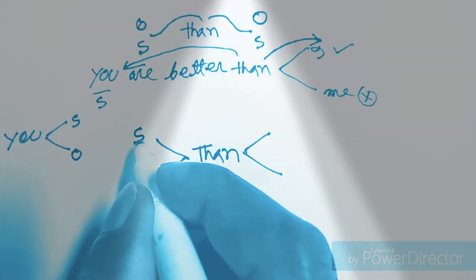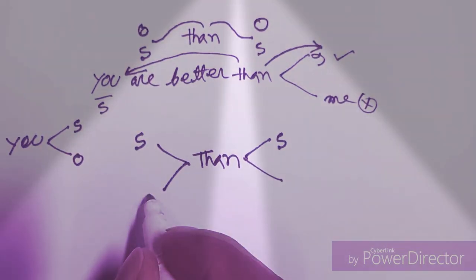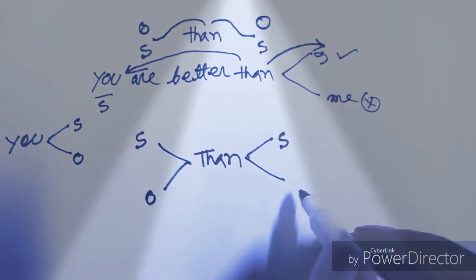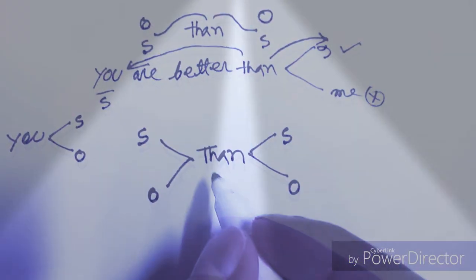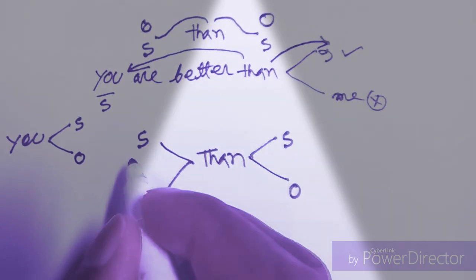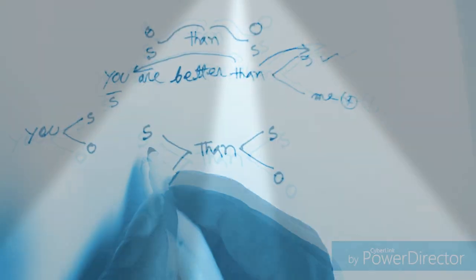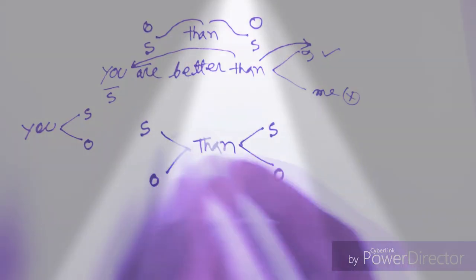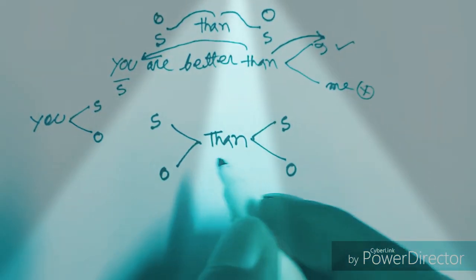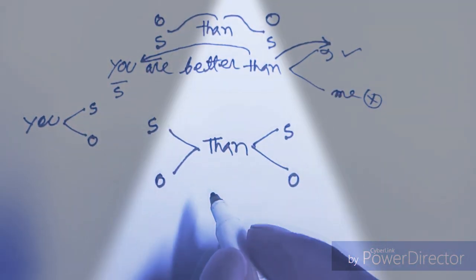See, when you have the subjective case before than, then after than also the subjective case. When you have the objective case before than, then after than the objective case. So this is the main thing. So you have to follow the sentence: before than, what case, subjective case or objective case? When you understand the subjective case before than, then you have to use the subjective case after than. If you understand this structure, then you can use than very easily. So students, now let's see examples of how to use the objective case after than.